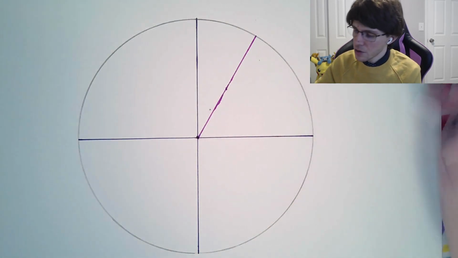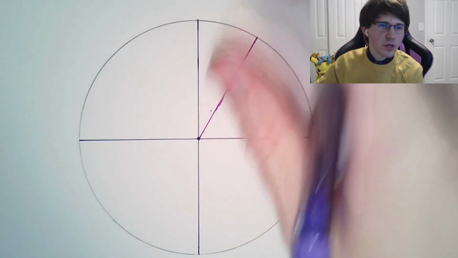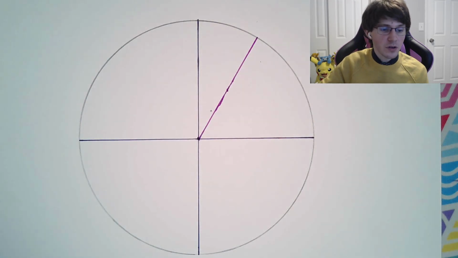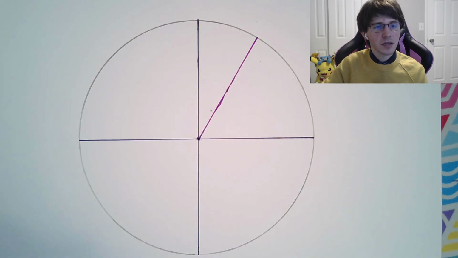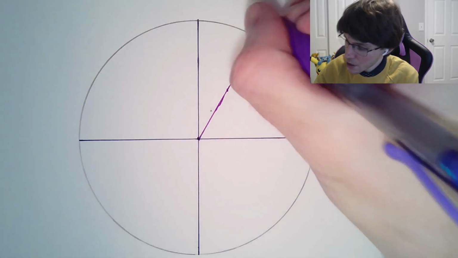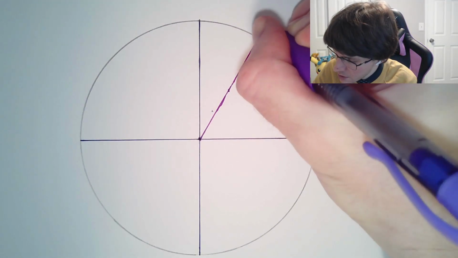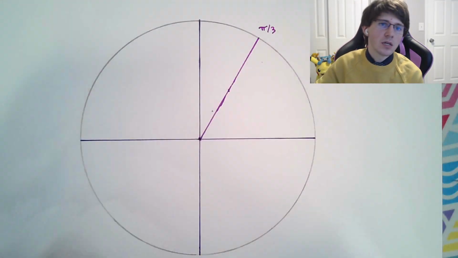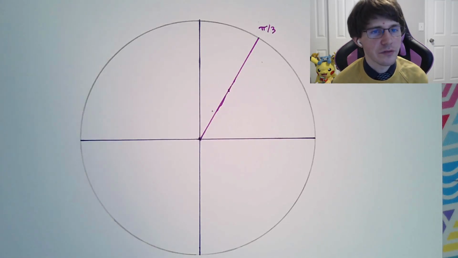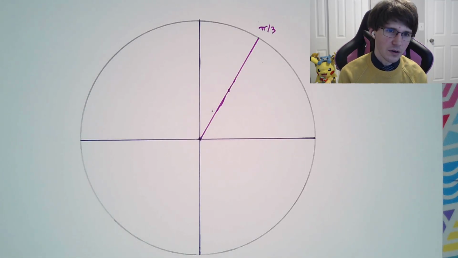Now, for that 60-degree angle, like I said before, we want to use radians. As a reminder, we can convert by dividing by 180. 60 divided by 180 is a third. Or in other words, this angle up here is pi over 3. So we have this pi over 3 value on our unit circle, but it's just like that 60,